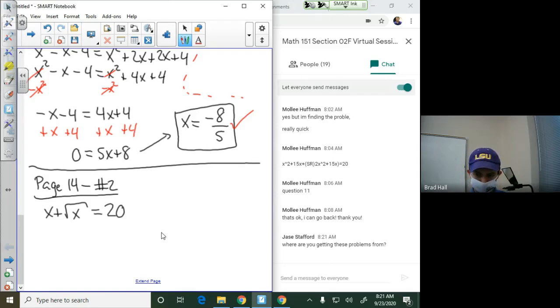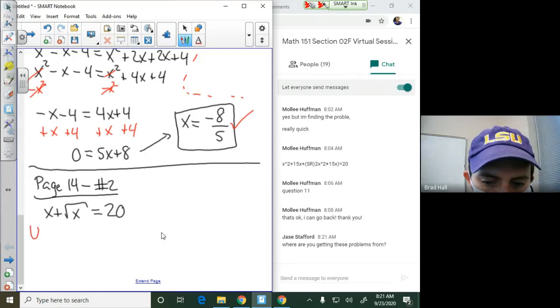So you can do this problem using U substitution or radical equations. I think it's probably more recommended to use U substitution,